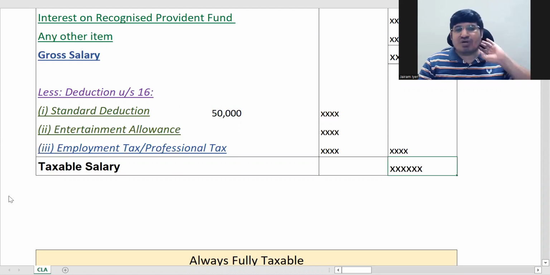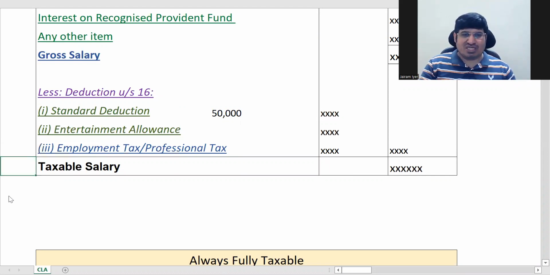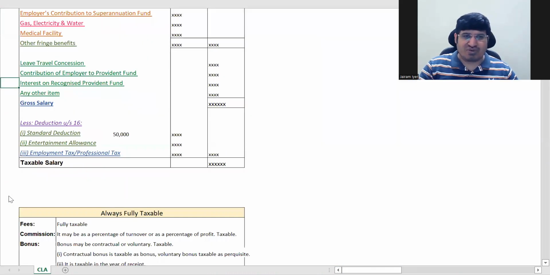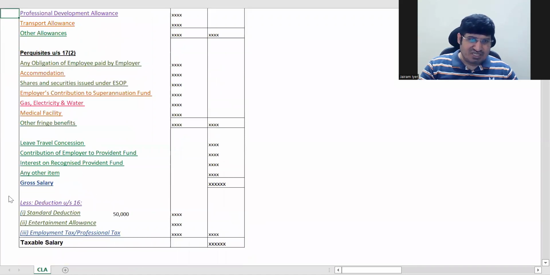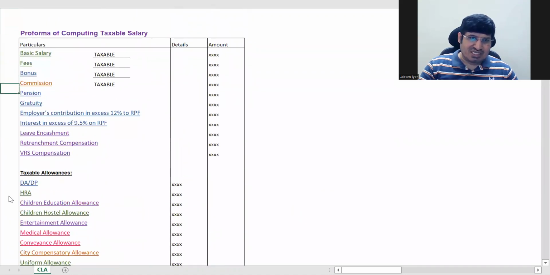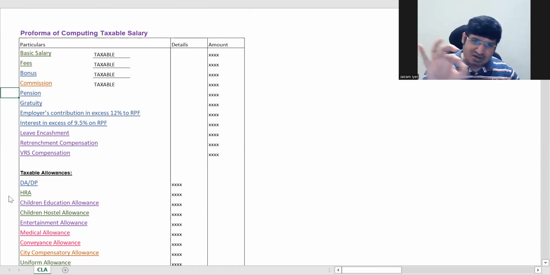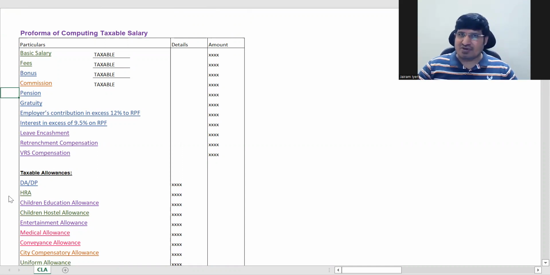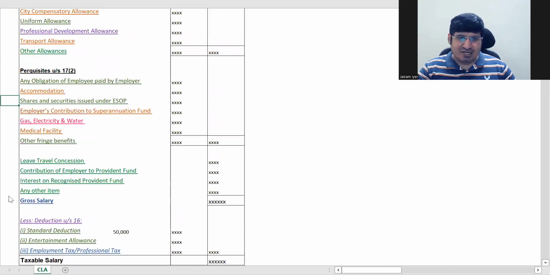So इस चैप्टर में हमको यही सीखना है कि इस प्रोफॉर्मा को कैसे यूज करना है, ये हमको सीखना है। In the end, you have to learn how to use this proforma and how to treat each of these items that you have to see. Once you understand how to treat each of these items, the problem will not create any problem for you, basically, because you will know on seeing the problem where you have to put what, that you will know. Okay, ठीक है।